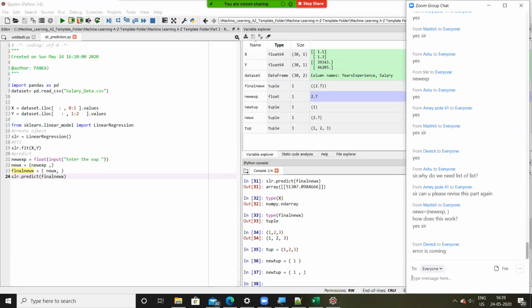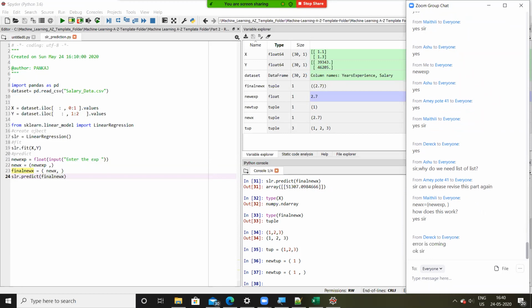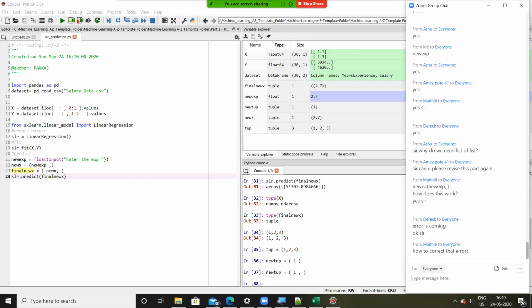Derek, can you quickly take a screenshot and send it over? So you'll get an error because the data type of final new x is not the same as array. Yeah, I'll show that.